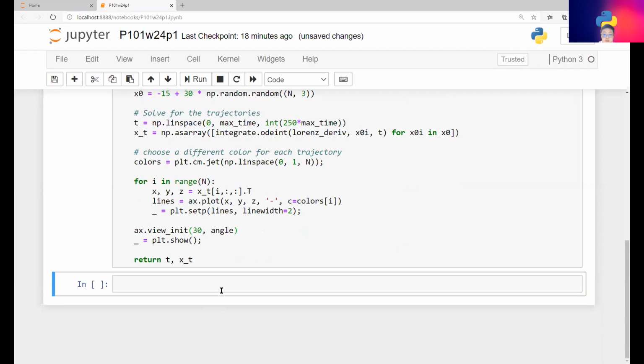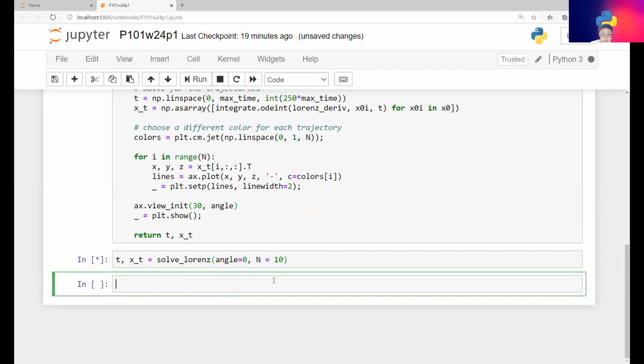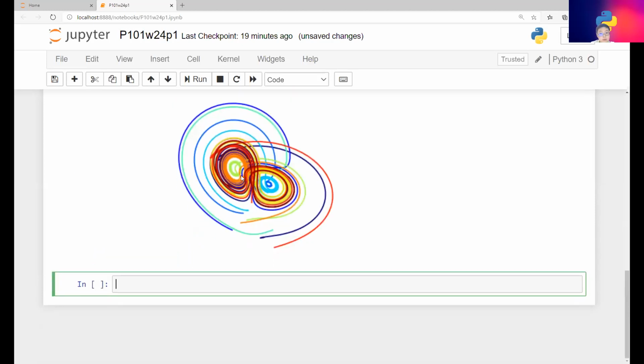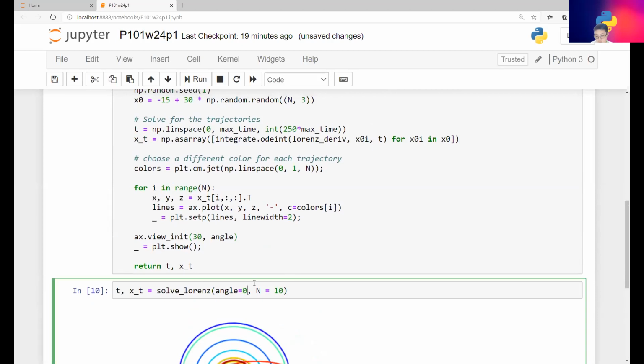Let's call a function once to view the solutions. For the set of parameters, we see the trajectory swirling around 2 points, and the 2 points are called attractors. T, comma x underscore t, solve underscore Lorenz. We're gonna have angle equal to 0, and then n equal to 10. Okay, there we go. There's our beautiful picture that Python produced. And you see those 2 points here and here. Well, like I said, these were called attractors, and if you move that into 30,